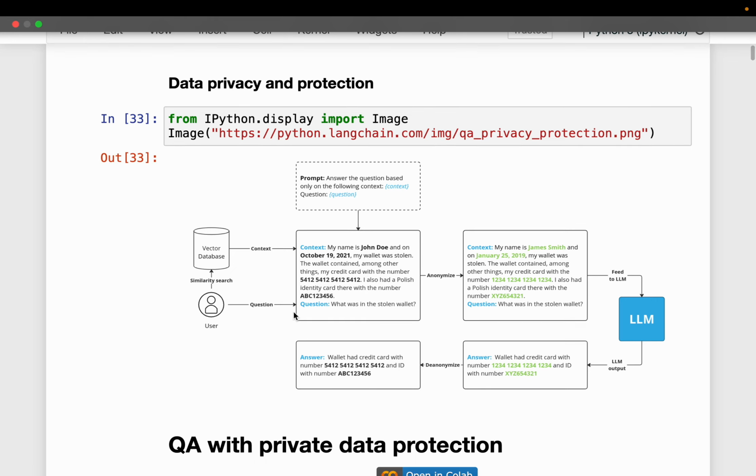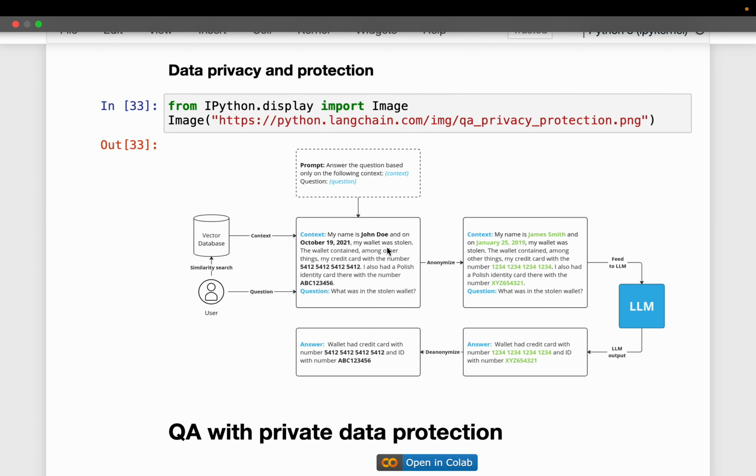Okay. So let's imagine you work for a law enforcement organization and you receive complaints from people. Here is one example. Let's say my name is John Doe, and on a particular date I lost my wallet, and it has some credit cards, etc. Let's say this is the customer complaint.